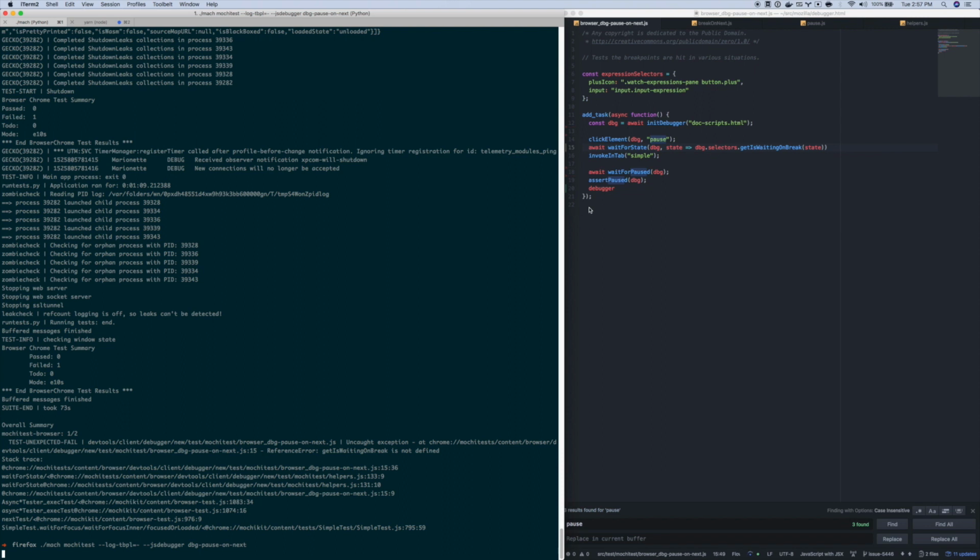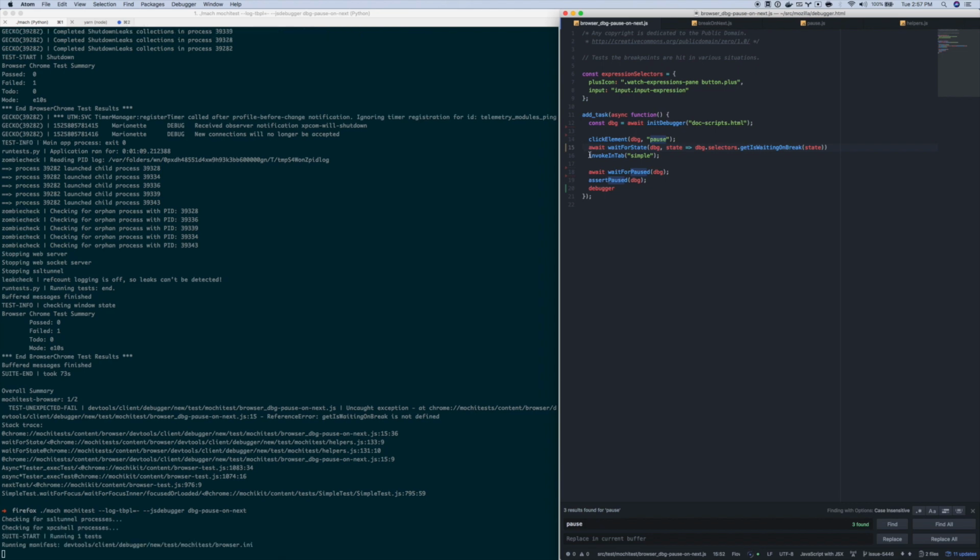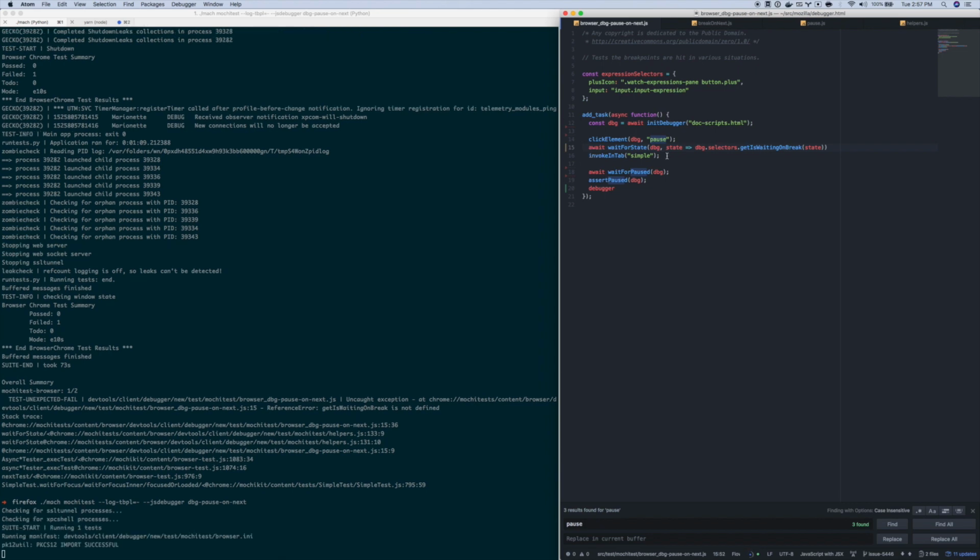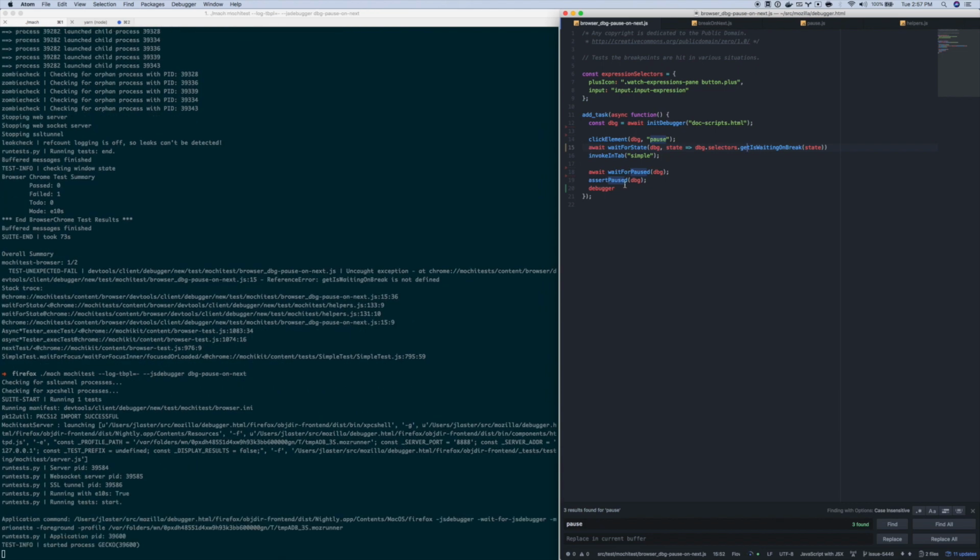While that's queuing up, I'll just look at this test one more time. The test in its DBG, it clicks on the element. We wait for get waiting on break to complete. We invoke this one function and we wait to pause. These expression selectors, that came from another test probably, so I'm just going to remove that. Test that breakpoints are hit in various situations. That's not right. Test that